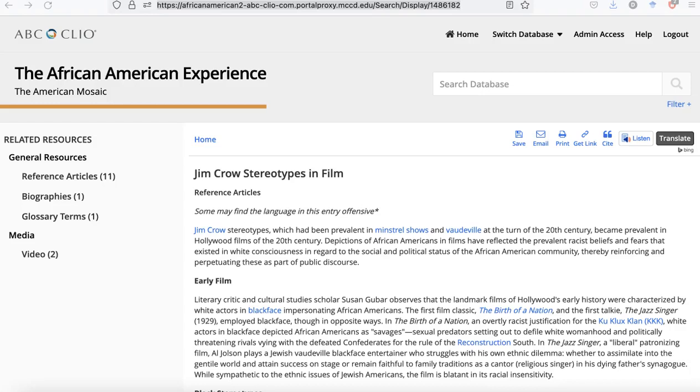You don't need another source to tell you what the examples of overt or inferential racism are. But this article can help you to perhaps explain why you think something is an example of overt racism.